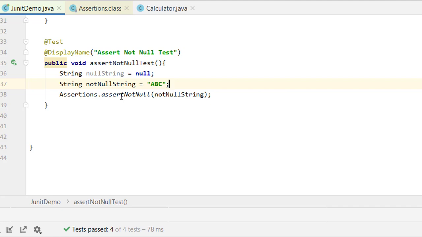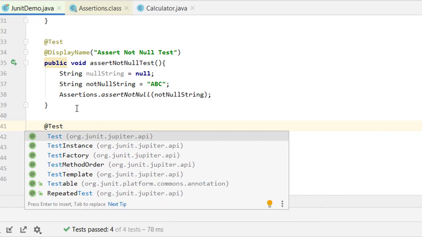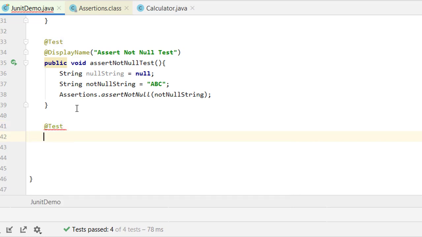Okay, now let us move towards the next annotation, which is assert true. Assert true and assert false are very important annotations. As developers we use these particular annotations many times. So let me tell how these particular annotations work.